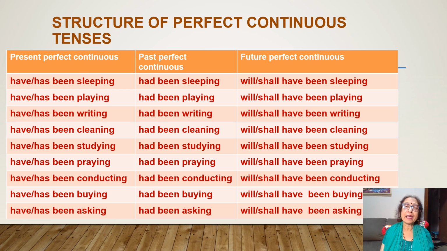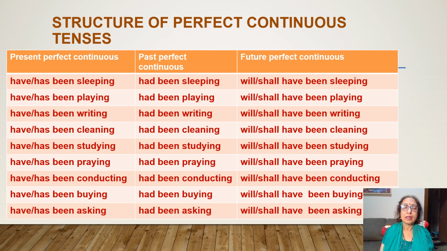That is the ing form. So sleeping, you see in all the three columns, the main verb is the same, and that is the present participle. That is sleeping. So throughout sleeping, then playing, then writing, then cleaning, then studying, praying, all the three forms, present, past, and future, have the same ing form. Conducting, buying,